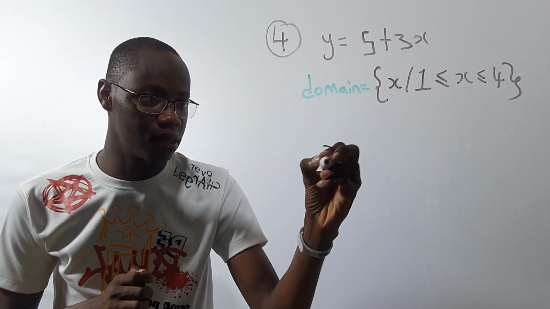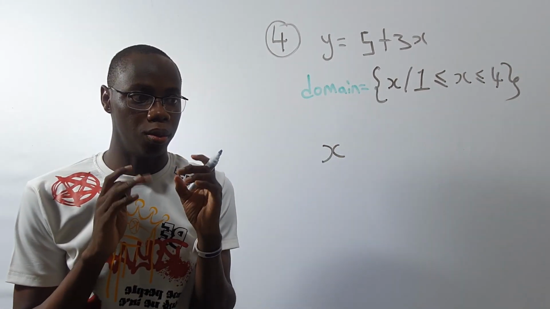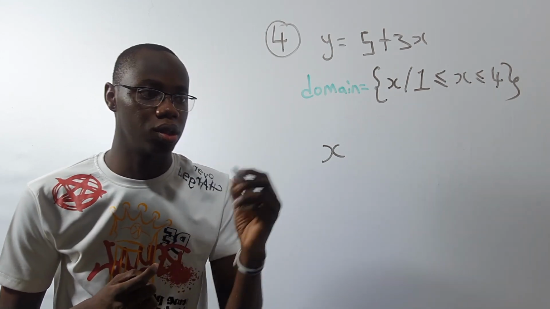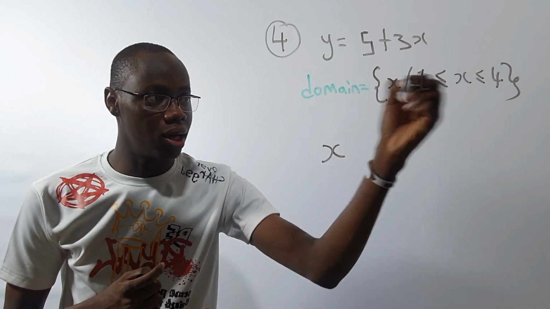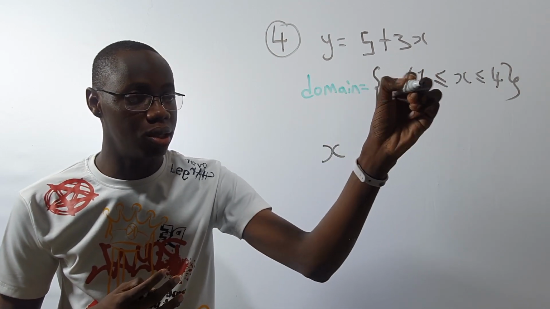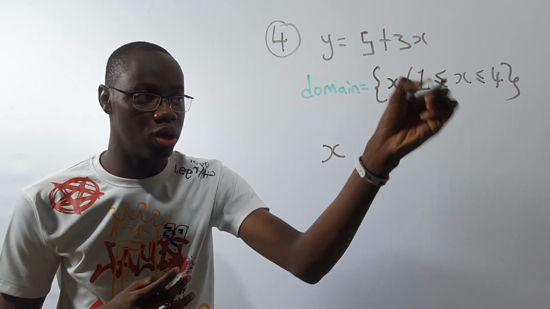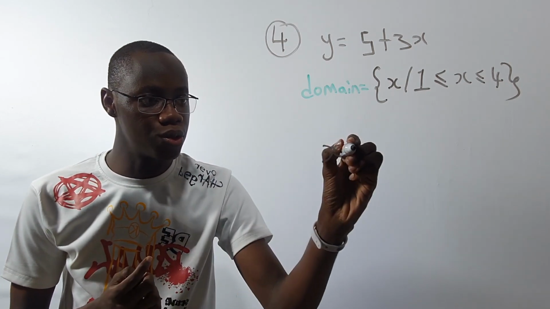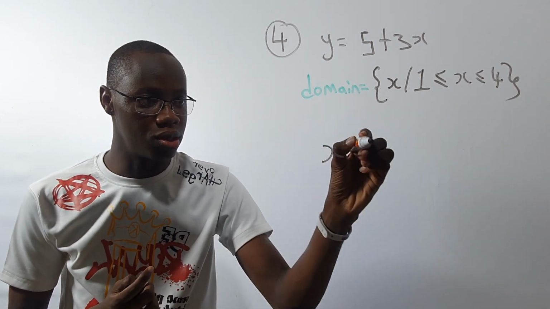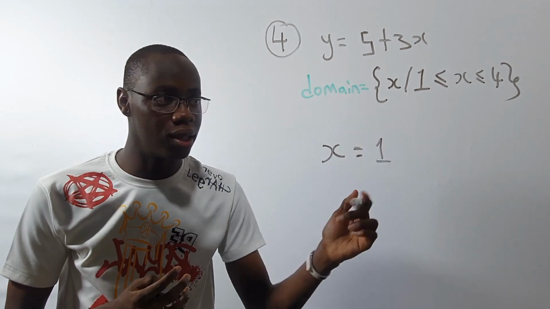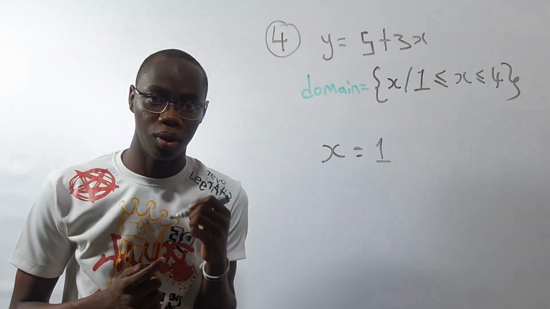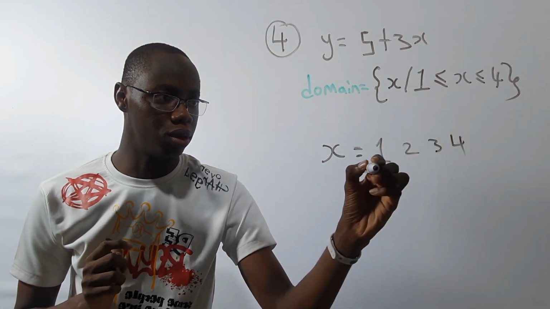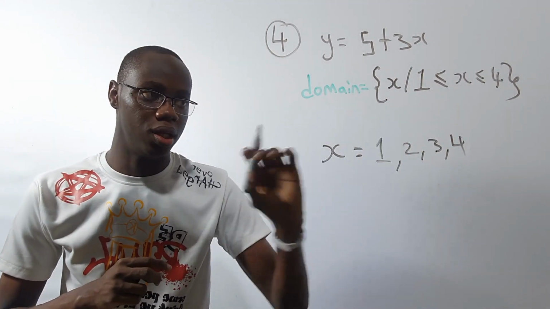So it says the x, which is the domain, which is what we are going to express or range out, is this, and the x has to start from, 1 is less than or equal to x. So you can read it in reverse: x is greater than or equal to 1. So it starts from 1 and above. So you start from 1 and above, 1, 2, 3, like that. And this same x is less than or equal to 4, meaning that it has to be 4 and below. So 1, 2, 3, and 4, like this. This is the domain that we are looking for.